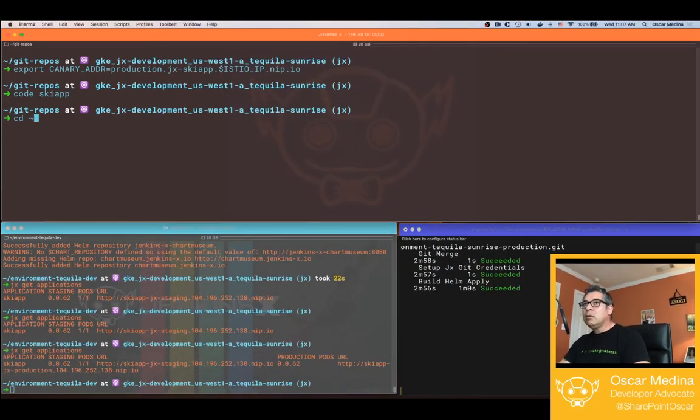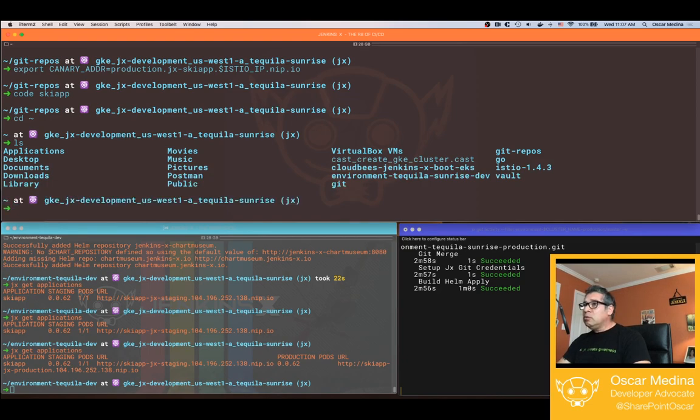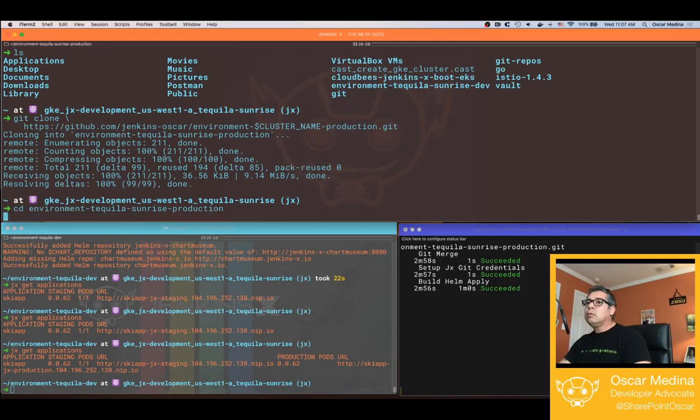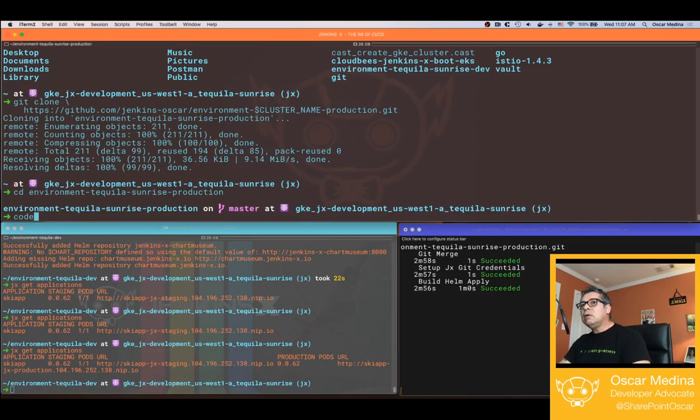I like to clone those environments here, so I'm going to the environment repo, clone it locally. So I'm going to grab my snippet of code and do that. cd environment. Okay, and now I'm going to open this up,